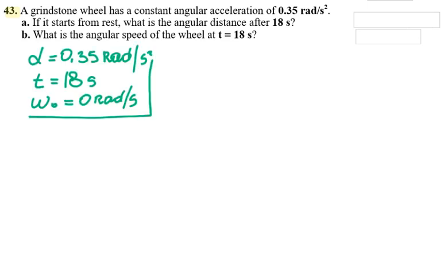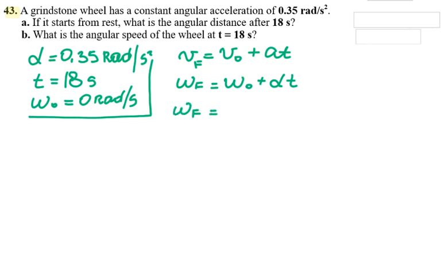So here I wrote everything that is given, and they ask you to find, if it starts from rest, what is the angular distance after 18 seconds. So linear velocity is equal to final and initial linear velocity plus the acceleration times the time. The same for angular: angular final velocity is equal to angular initial velocity plus the acceleration times the time. So I'm going to plug in my numbers, and I get 0 plus 0.35 times 18 seconds, and that will give me